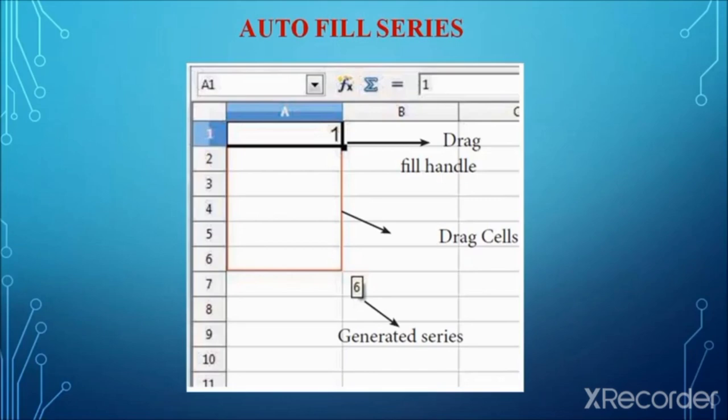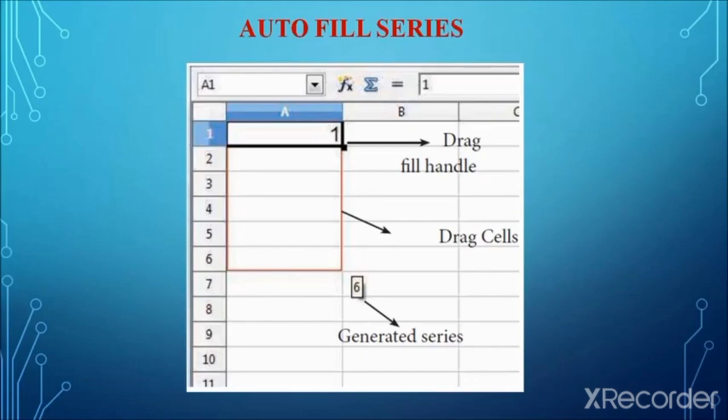However far you want the content pasted, you drag without releasing the mouse click. For example, here they have dragged till A6. So the result will be 1, 2, 3, 4, 5, 6. This is how the content will be filled.